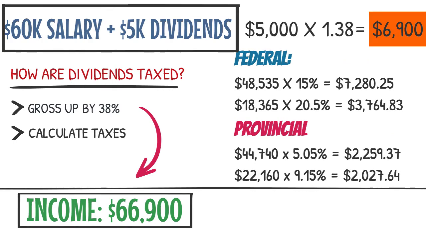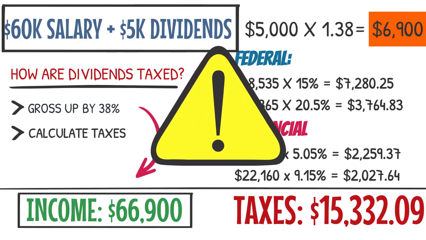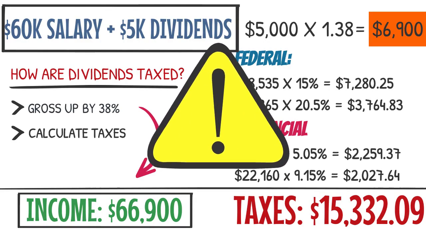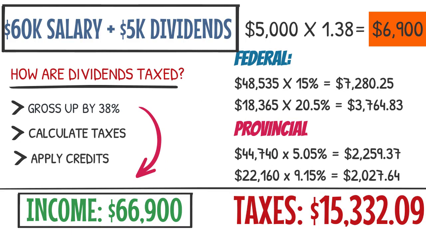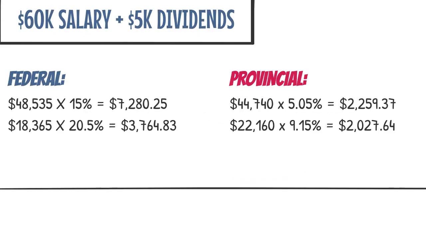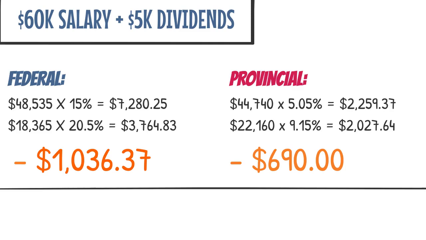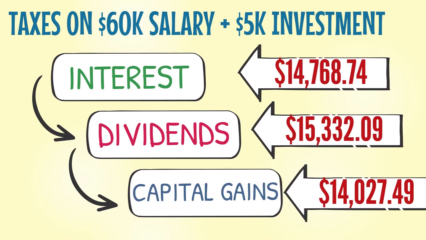Total taxes payable is now $15,332. But wait just a second, we aren't quite finished yet. We still need to apply both our federal and provincial tax credits. Assuming you live in Ontario, this is what they would look like. As you can see, unlike capital gains where the tax benefit is applied right away by using a lower taxable income, the tax benefits of dividends are applied afterwards by using those provincial and federal credits to lower your total taxes owing. Once Bob applies both his provincial and federal tax credits, his taxes payable are now